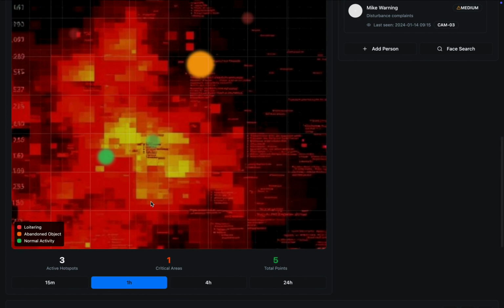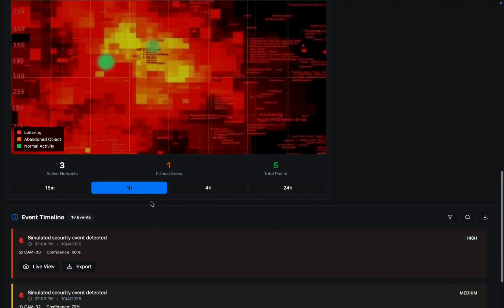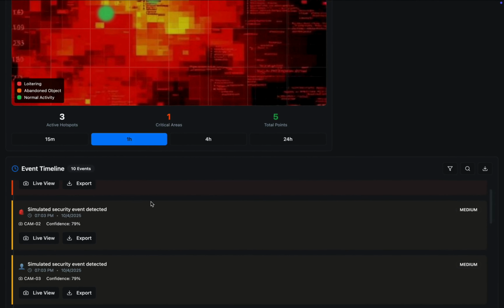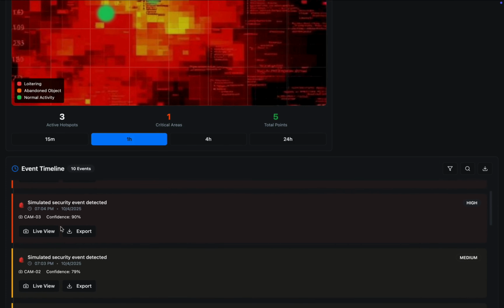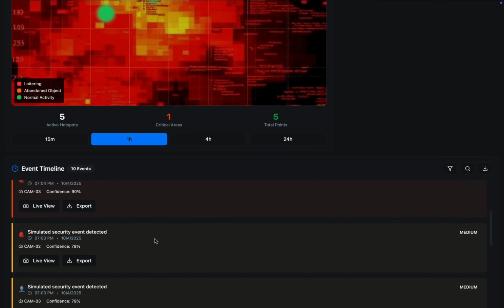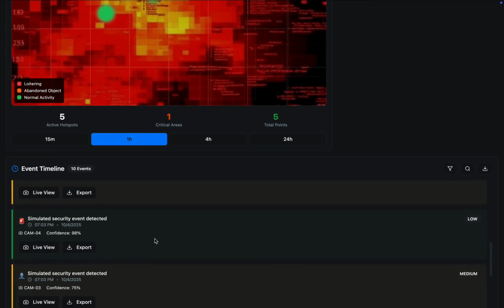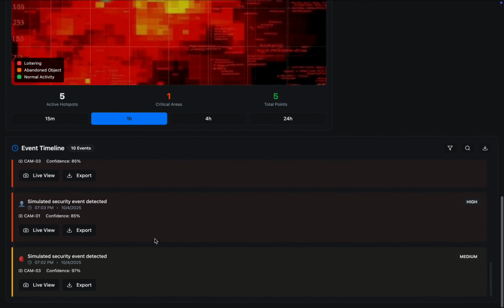Finally, at the bottom, every single event detected by the system is logged in the event timeline. This provides a permanent record with details like the timestamp, camera ID, confidence score, and threat level. Officers can use this to review past incidents, view the live feed, or export video clips and data for reporting and evidence. Together, these features create a comprehensive workflow: real-time detection, instant alerting, visual analytics with heat maps, and